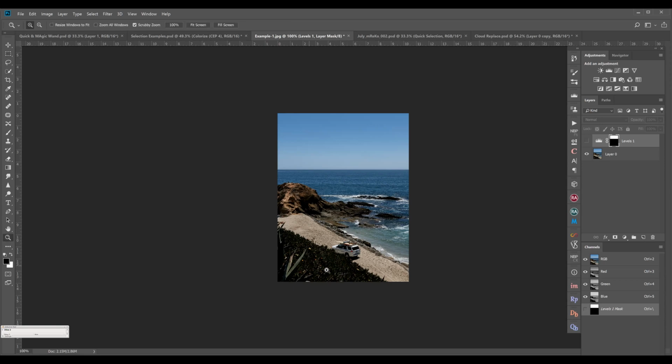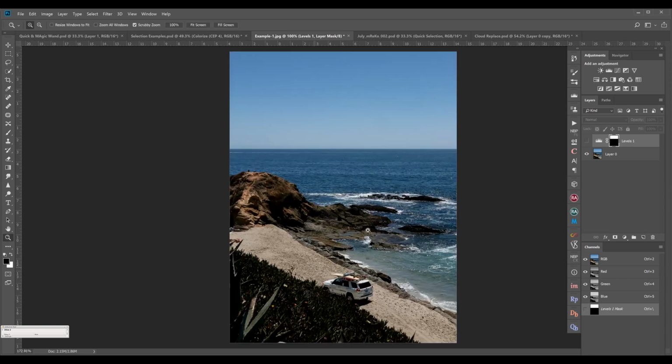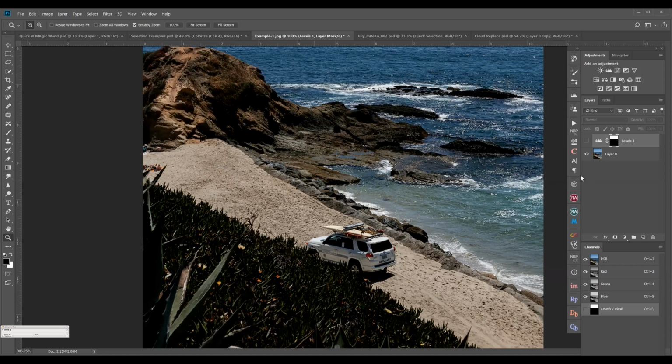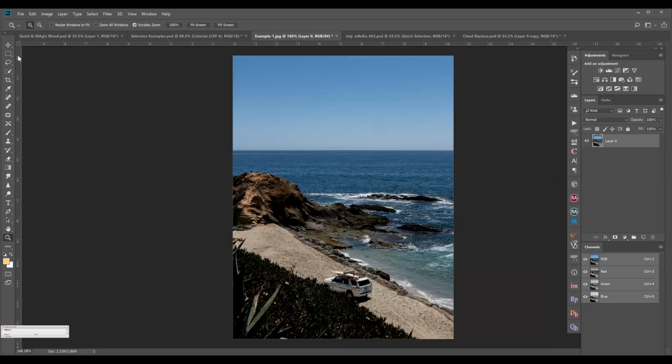Now, if you want to do a selection on this particular mountain, the rectangular marquee tool is not possible because it will select the sea, the land, everything. You can try the magic wand tool.